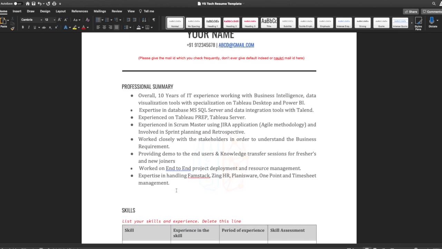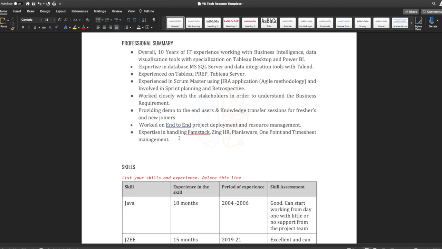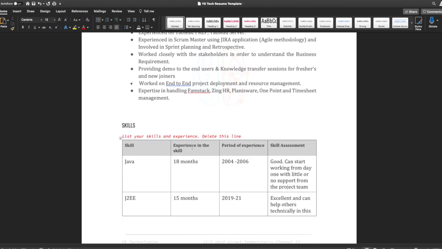And then they list down the other expertise, and what are the things which they have worked on and handled, and all those things. Once this is done, you list down your skills. Okay, the skills, this is where we have come up with this idea, and in fact we were trying to